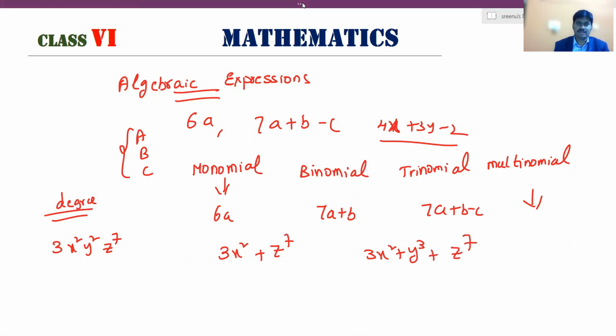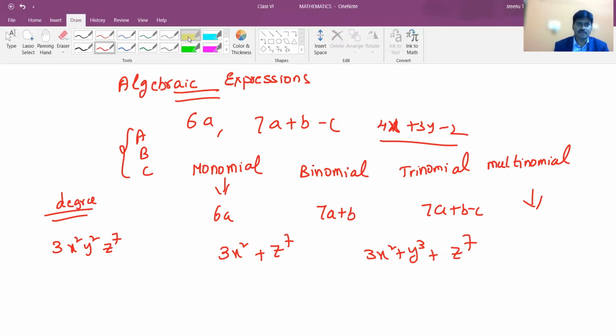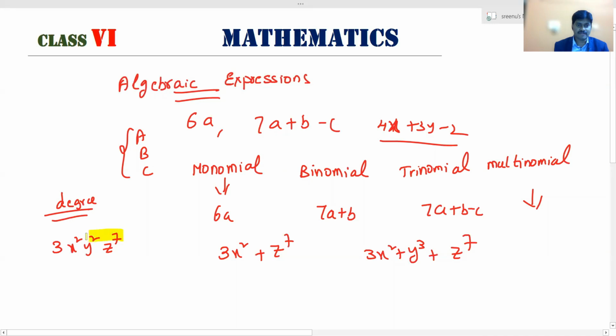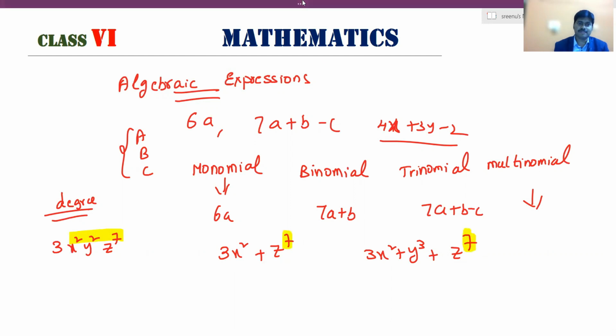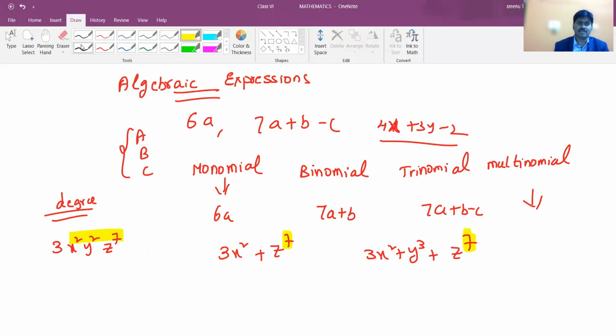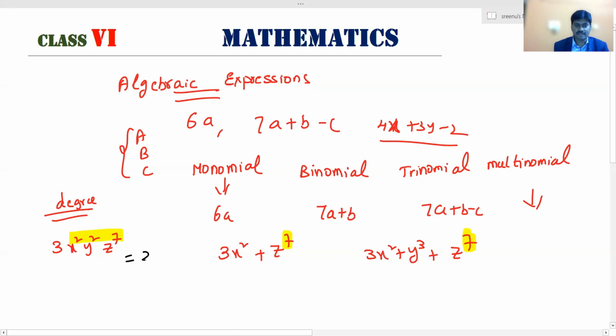And the degree becomes different for the monomial and the other terms. For the monomial we just add the powers. For binomial or trinomial, we have to take the highest power in the given expression. So the first one's answer is 2 plus 2 plus 7, we get 11. And here it is 7, and here also it is 7. Okay. Then